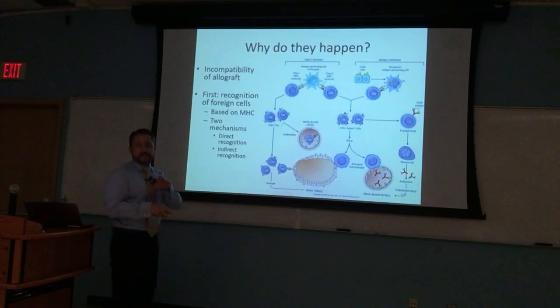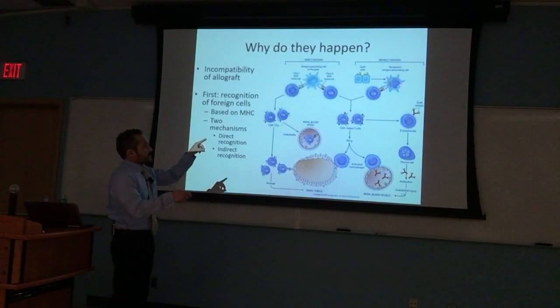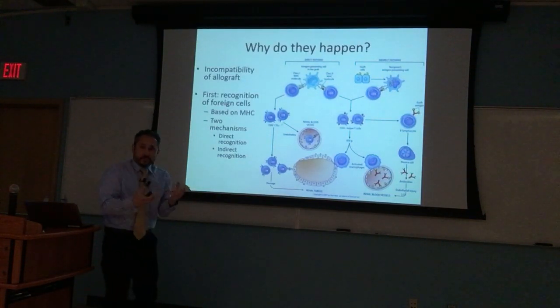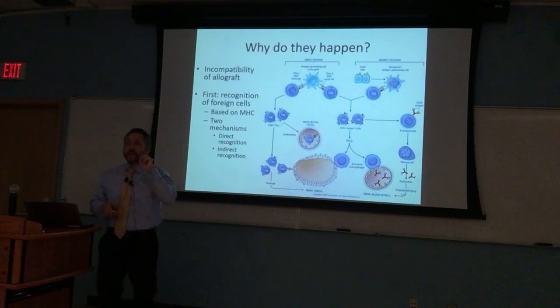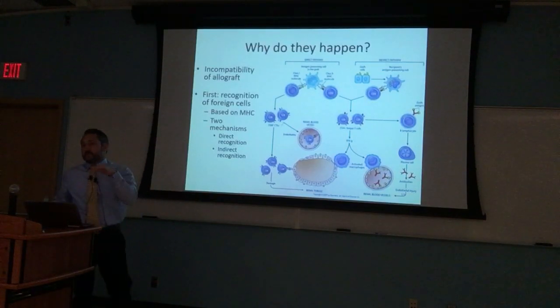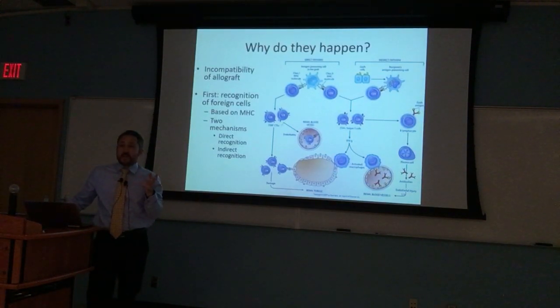And it's considered indirect versus direct because you're indirectly finding the antigen. The antigen-presenting cell in the recipient has to find the antigen and then go display it. Whereas over here in the direct pathway, the tissue itself has the antigen